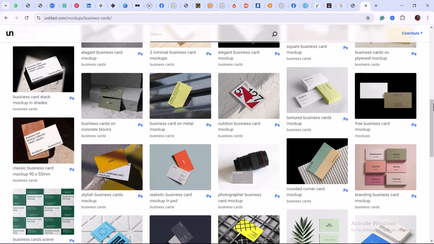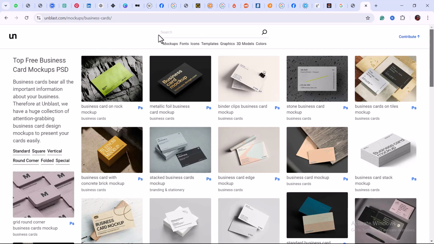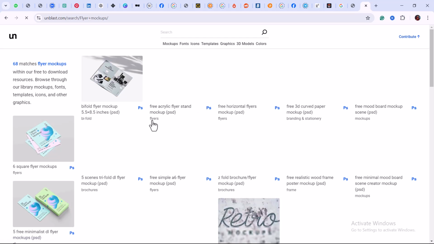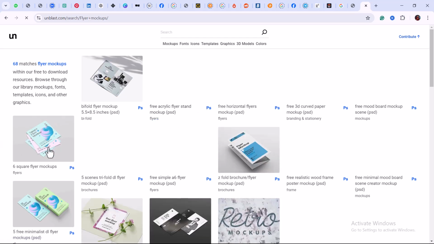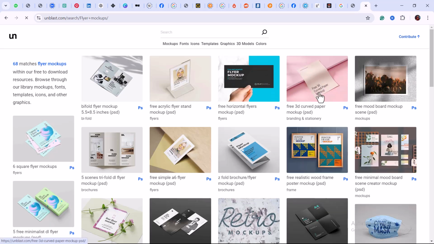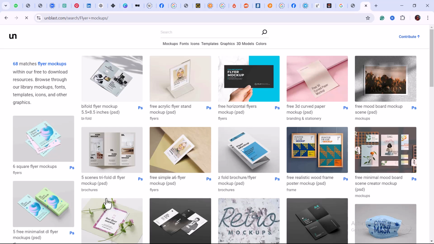So it could be anything you're doing. If you go for a flyer, for example, let me search flyer design, flyer mockup. So if you search for flyer mockups, you can see it's giving us different options. This one here gives us the option for a square flyer. This is for an A4 flyer or a portrait flyer. So imagine designing a flyer for a client, and then aside from sending them